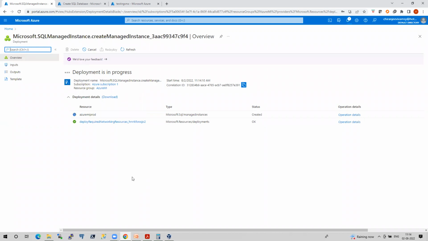Let me tell you one scenario that I got. My TempDB got almost full in MI, and I had to restart the MI for it to work, because freeing the proc cache and all didn't work. The only option is to restart the instance, but there is no such option in MI. So what should I do in those scenarios?